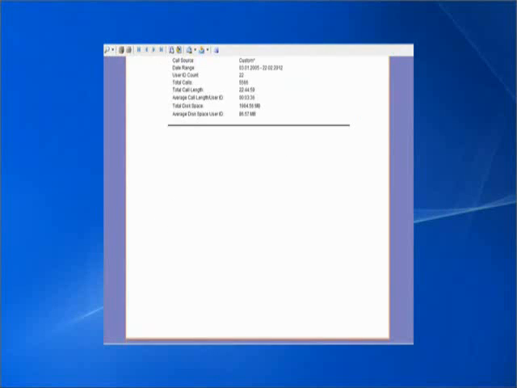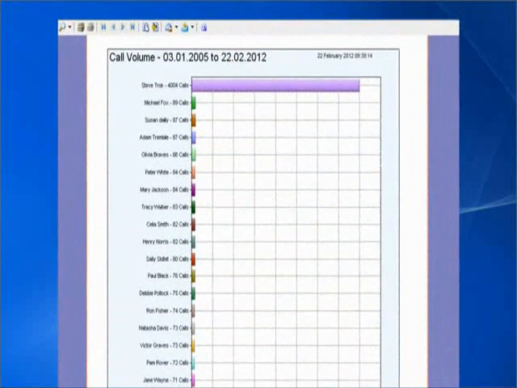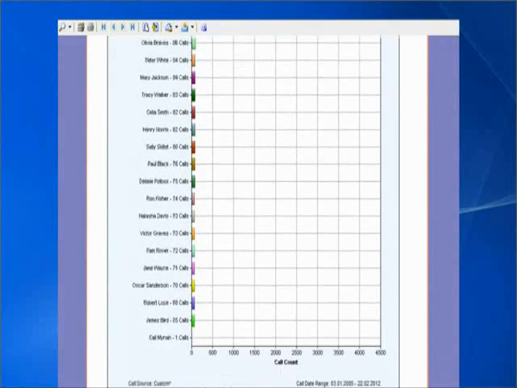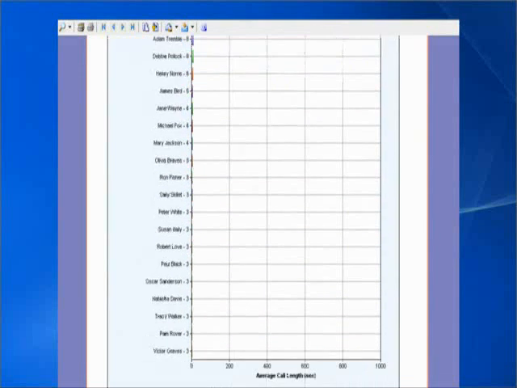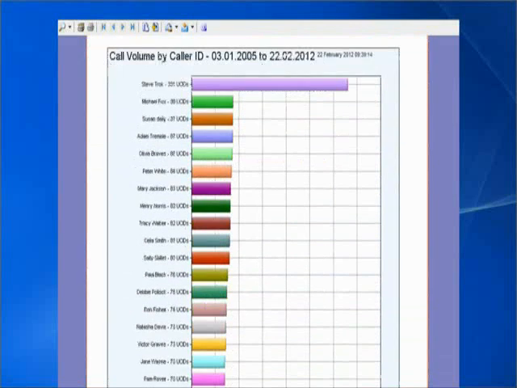The program then creates a number of reports based on the data selected. The first report shows call volume by user. Next is average call length by user, followed by call volume by unique caller ID. This report